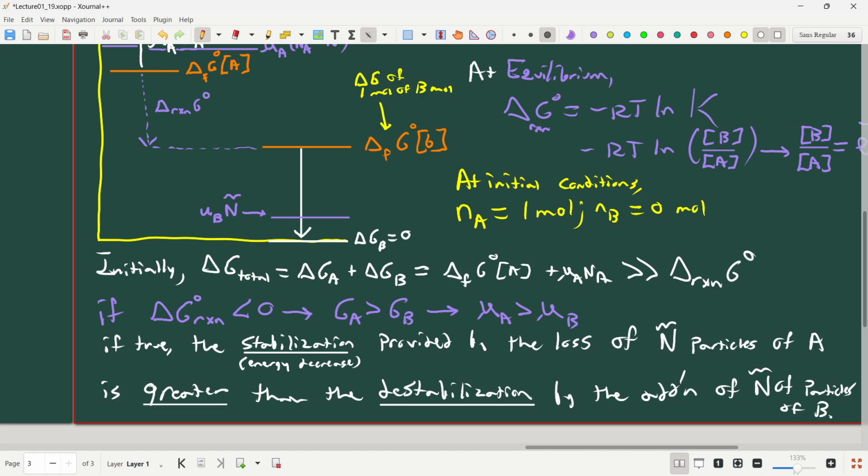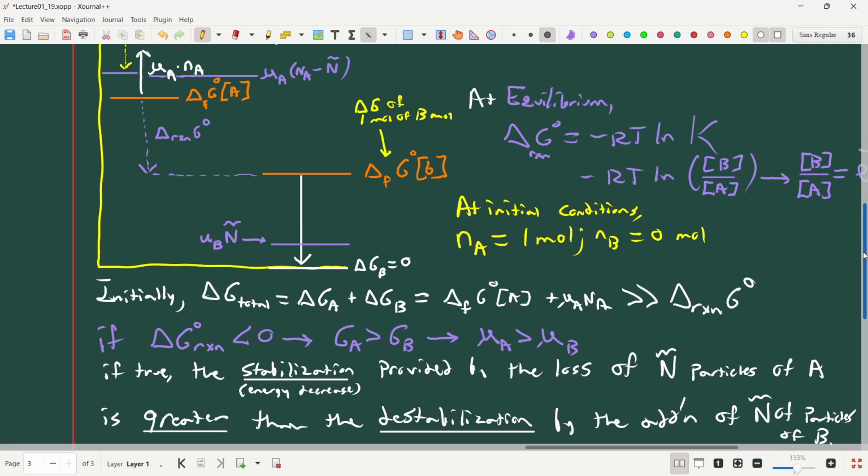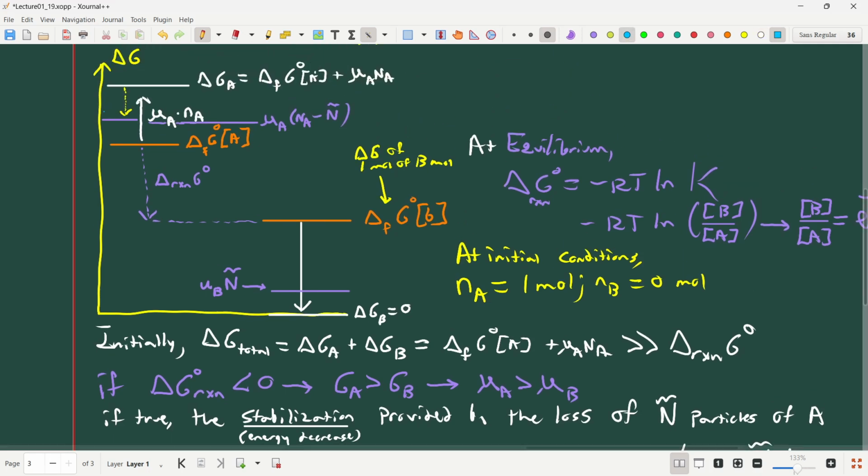Right, so eventually I let this system equilibrate, and what happens? Well, the amount of A is going to decrease until it hits here, the Gibbs free energy of A, and the energy of the B box is going to increase the same amount to here. And then eventually the system reaches equilibrium, right? Because at this energy difference,